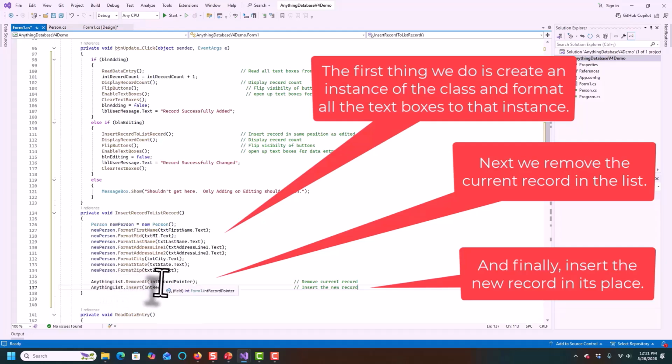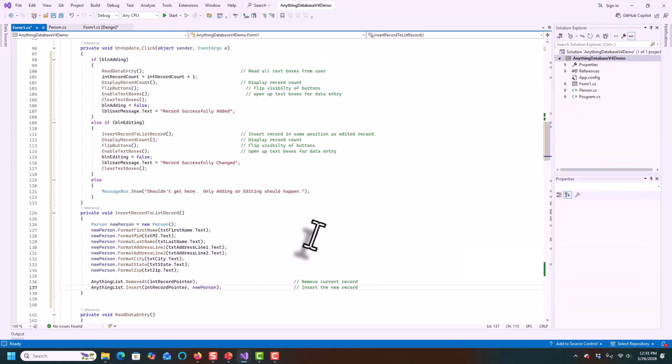But that's all we need to do. We're going to remove at the record pointer, wherever we're pointing at right now, and then we're going to insert at the same pointer the new person piece. The one's right here. And that takes care of it and fills it up for us, and we're all set to go. That's all we need to do. I'm going to do one further thing when I'm actually doing that thing. When I go into editing,